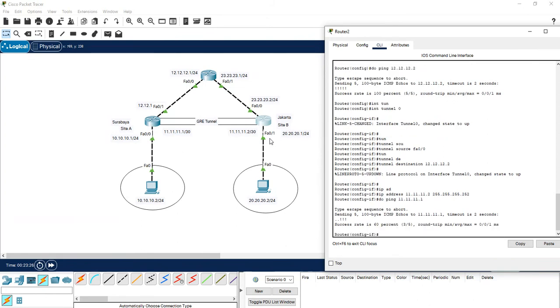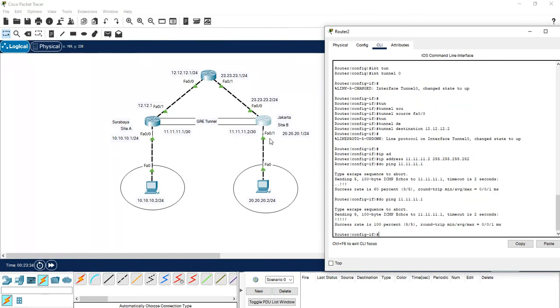Not yet, 60%. We try again. Okay, 5 out of 5. The IP from the GRE tunnel is able to communicate between the two routers.